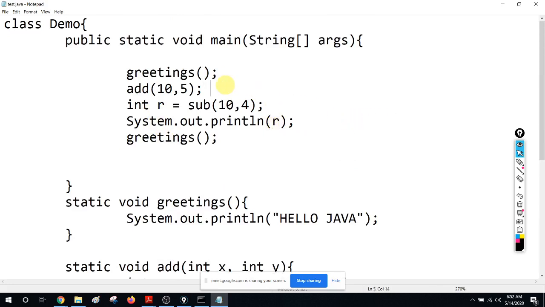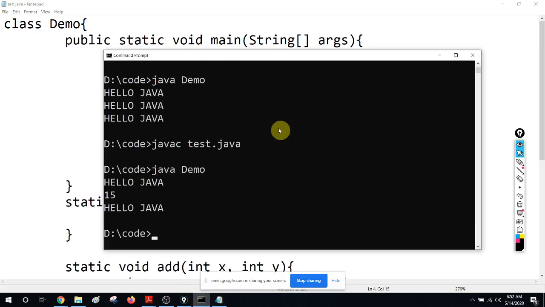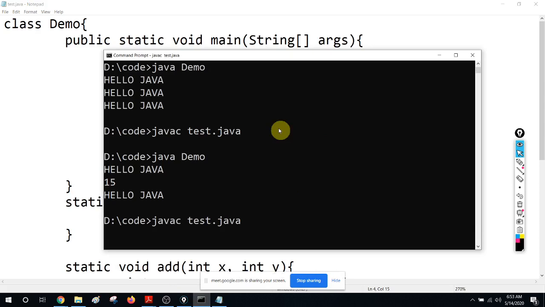Basically this will print 15 because that method prints it, here I am printing the value, which will be 6, and of course the hello on the other side. So let's compile and run it.